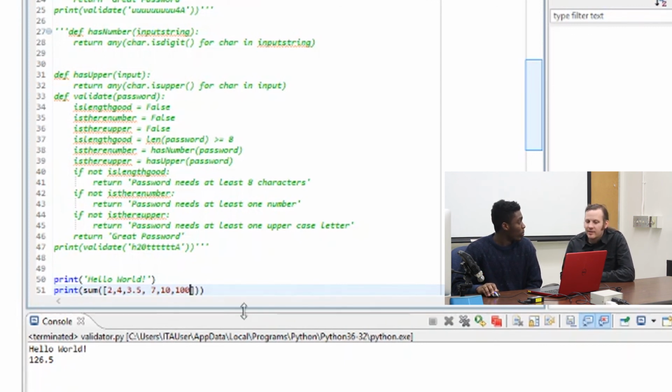Excellent. Well, so now we understand pre-existing or built-in functions. Let's go back to